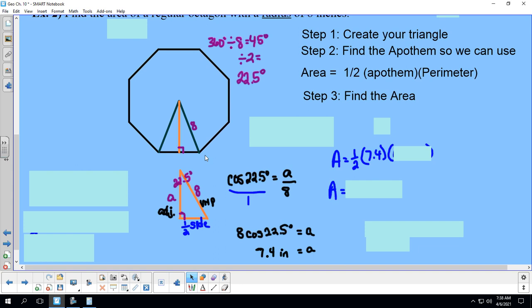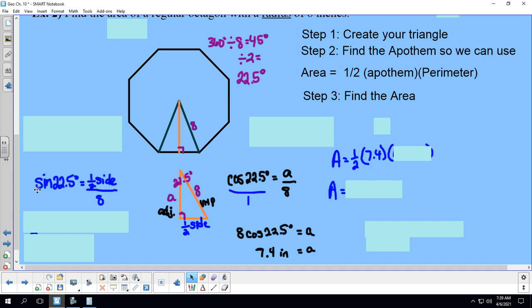You can use the Pythagorean theorem because 7.4 is your side length, 8 is your hypotenuse, and then you can find this side length here. Or I'm going to use trig because it's good for us to practice since we'll be doing trig. So I'm going to say that if half of our side is chilling here, I know the hypotenuse, so